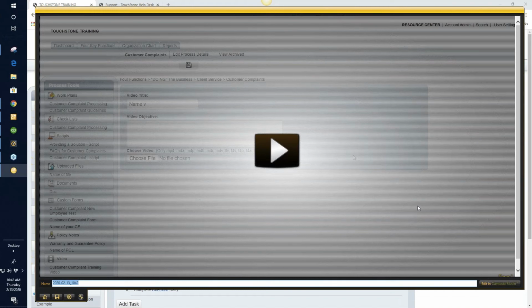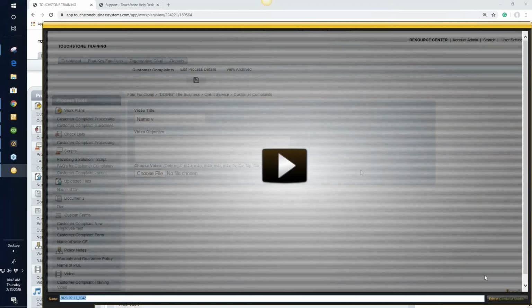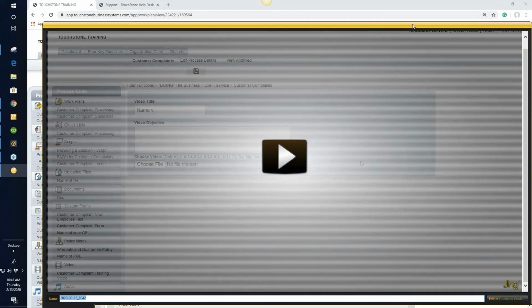The more robust version of Jing, which is Snagit, and I don't even know how much that costs a month. I don't think it's all that much. It will convert MP4 files for you. And then the most robust version of any screen recording that we use is called Camtasia Studio. And you see a little link to it right here to edit in Camtasia. Camtasia is a couple hundred dollars, but it's software, so you don't have to pay a monthly fee for that. But if you're going to do a lot of screen capture recording videos, then Camtasia is a great tool to